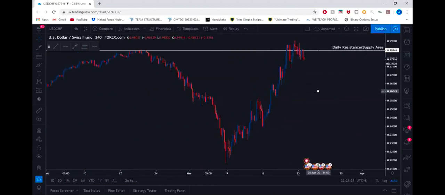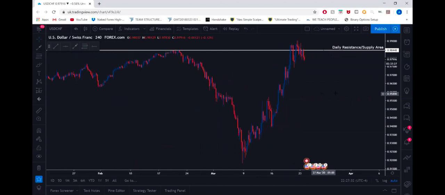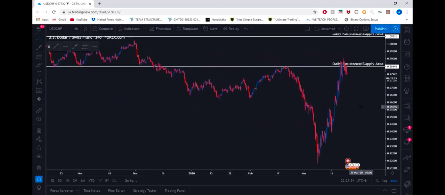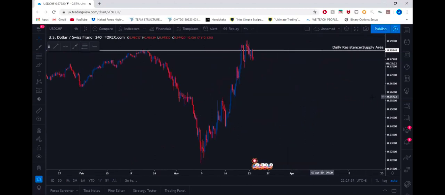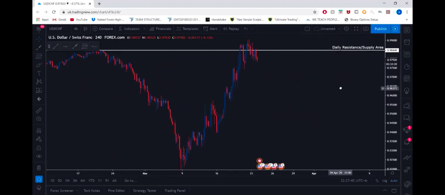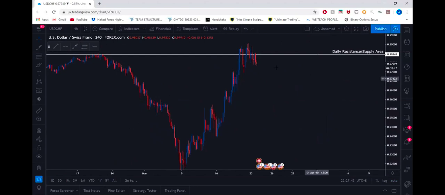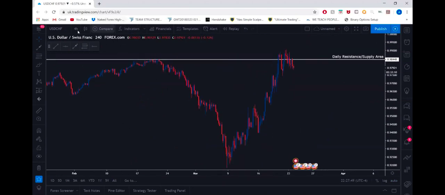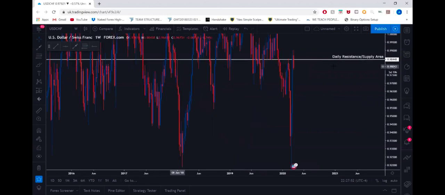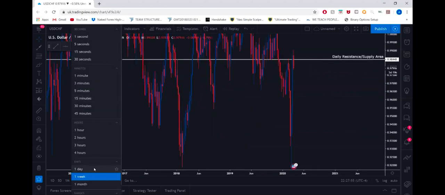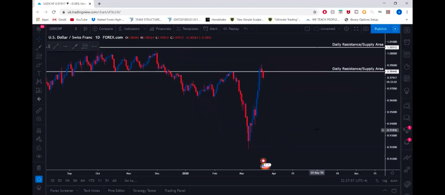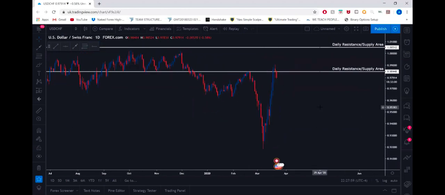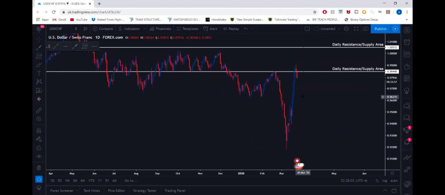USD we did have a nice rejection here at the daily resistance after this rally. I expect this pair to come back down, follow the same pattern as it's showing in USD JPY. Let's look at it on the daily. That's a weekly. On the daily, we can see a little bit better. As you can see, what I'm talking about, this rejection here that can show us a reversal back to the downside. I will target first probably